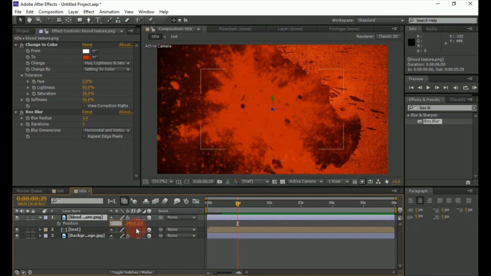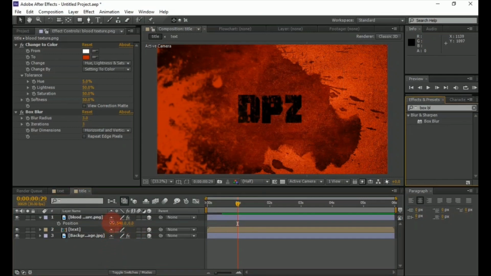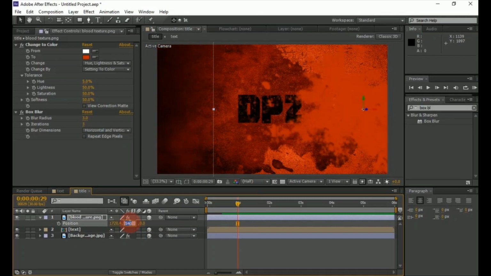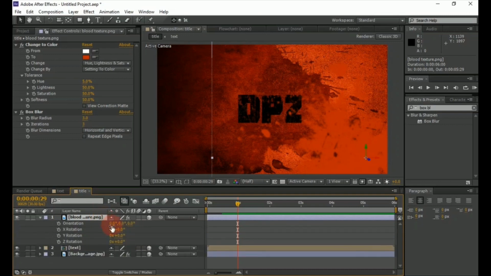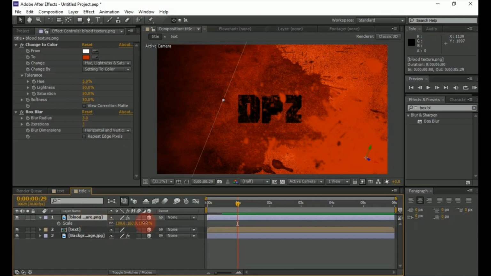Now change the X value to 1720.4, and Y value to 935.7, and Z value to -66, and press R for rotation and change the Z rotation value to 22. Now scale the texture layer properly.